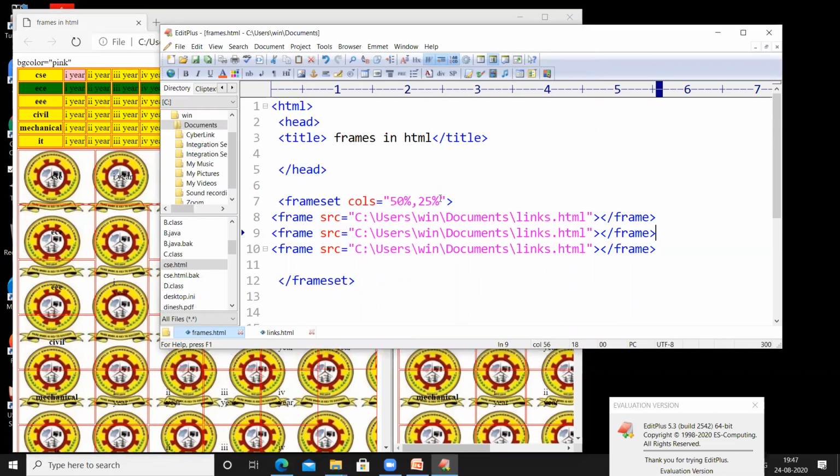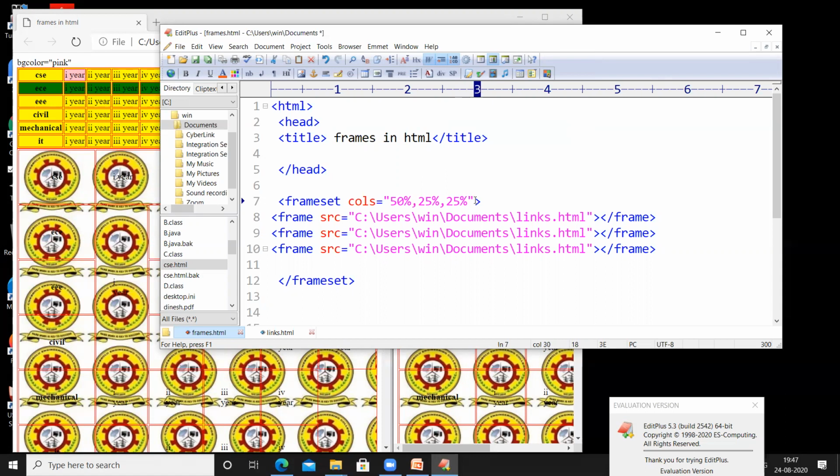So next one. Let us observe what will happen in case we divide the entire web page in terms of rows and columns. Up to now, we have seen how to divide a web page based upon rows and how to divide a web page based upon columns.